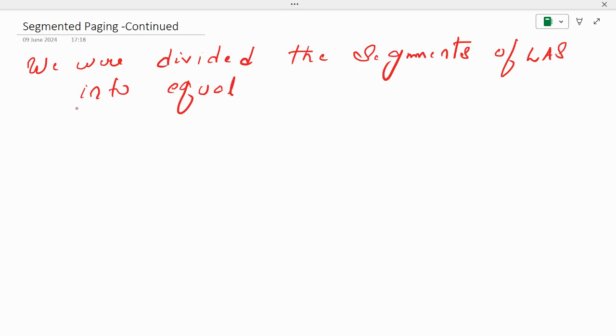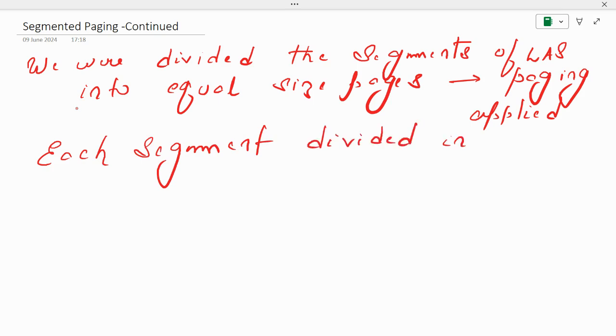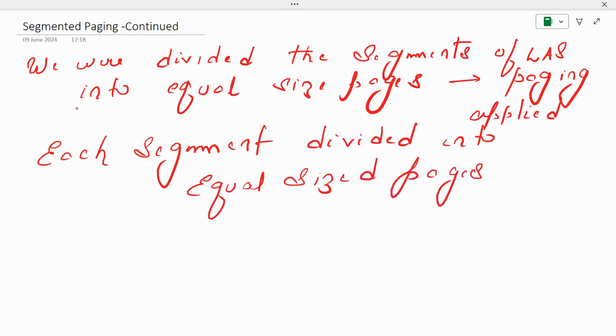So each segment is divided into equal size pages, and then paging is applied onto that. Please note, each segment is divided into equal size pages, and further paging is being applied on those pages, for each segment,